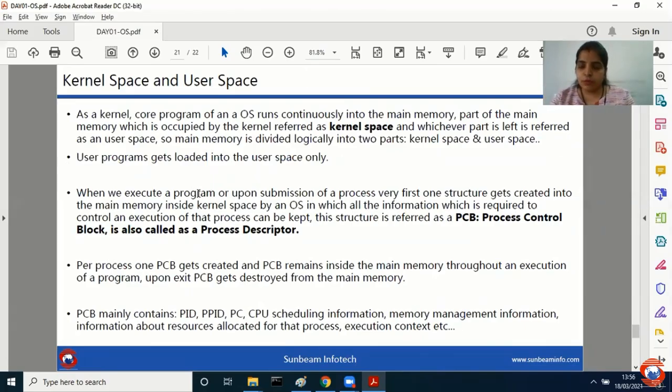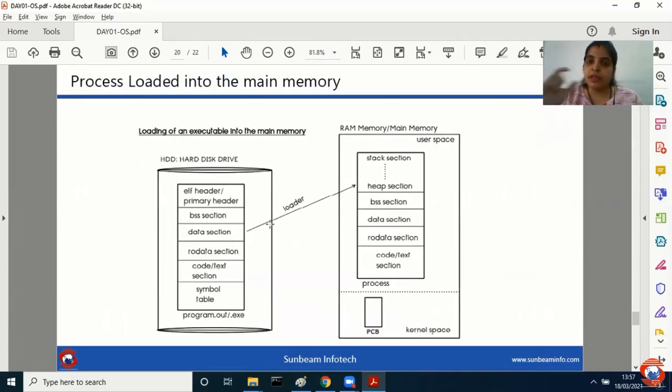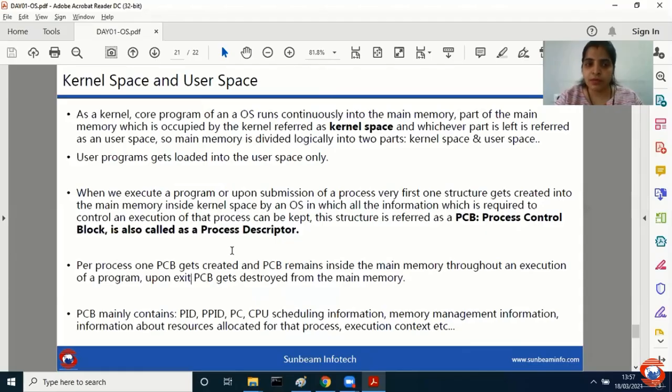When you're executing a program, process first generates one structure which is called as process control block, which is also called as process descriptor. Tomorrow I will explain you in detail about what is process and what is PCB. So PCB gets created, they remain inside the main memory throughout the execution of the program. Means जैसे ही मैं बोल रही थी कि stack memory में मुझे FAR मिलता है, once the function call is over, it comes back to the calling area. Once you close that application, तो ये यहाँ से भी हट जाता है, आपके disk से नहीं जाता. That's the reason your hard disk is called as permanent storage. Have you understood up to this point?